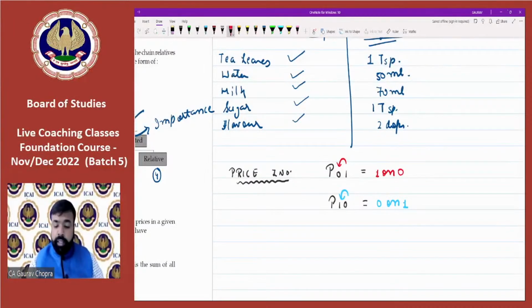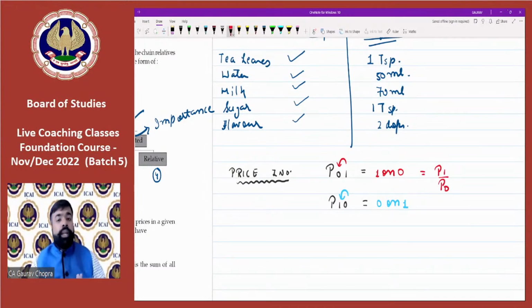So if we write it in proper way, P01 means P1 divided by P0, because 1 is on 0. So P1 upon P0. Now, since index number is a ratio and it is computed in terms of percentage,